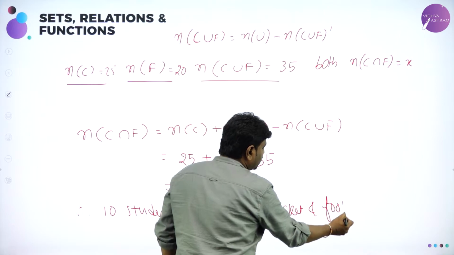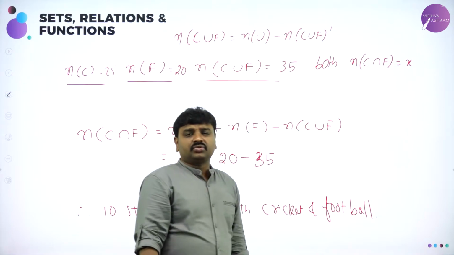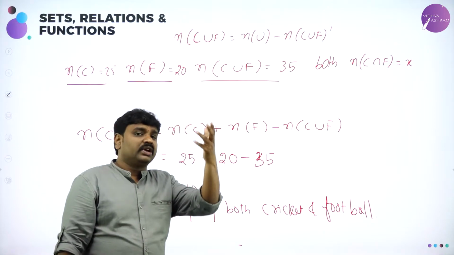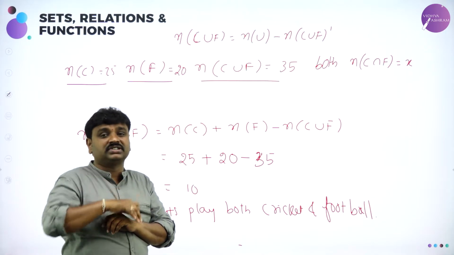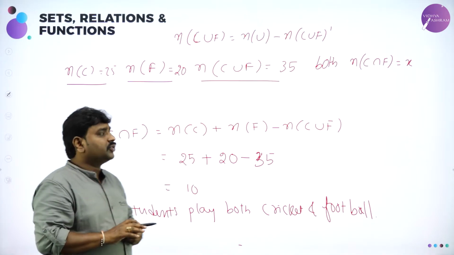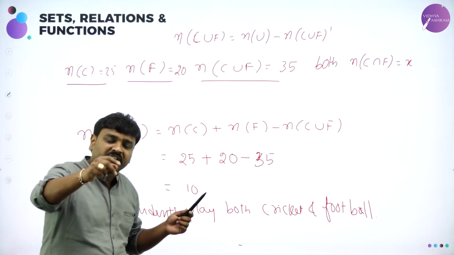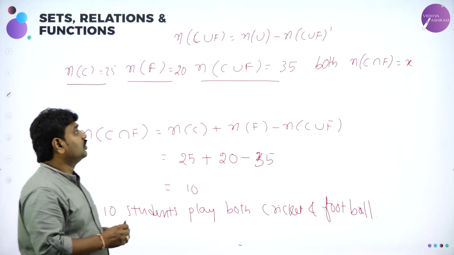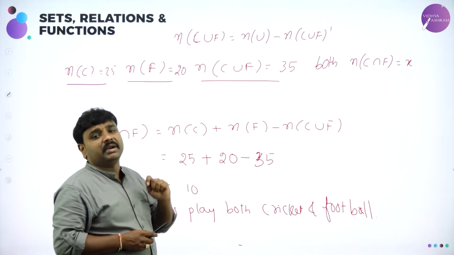Let us take time to understand this and learn this. Once you are through with this, everything is easy. My dear students, I am repeating, word problems play a vital role. When you write any aptitude exams, you have to face many word problems. So first you should convert words to equations, sometimes to cardinal number relations. In this problem, that's what we have done. Both means intersection. Number of students playing both cricket and football means they want n of C intersection F. And second, those who do not play any game, we call it the union complement.